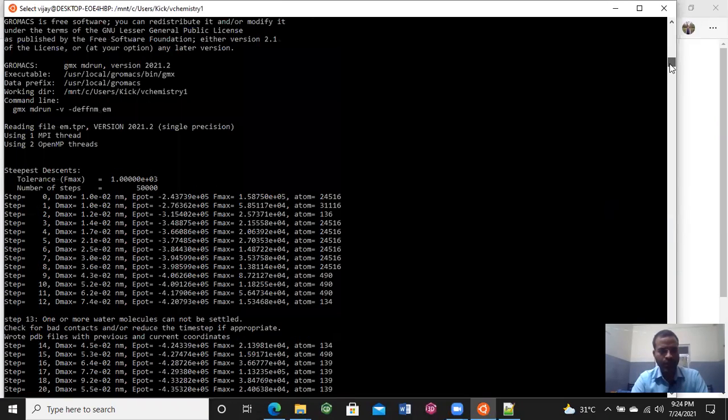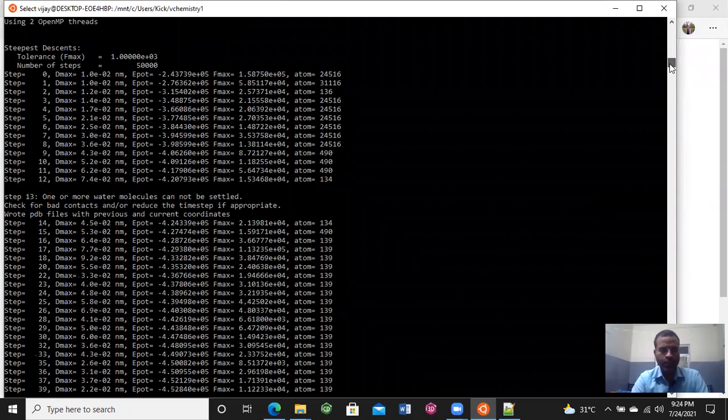But one thing I want to show, that at step 13, if you see, one or more water molecules cannot be settled. For the bad contact and reduced time step, if appreciable, wrote PDB file with previous or current coordinates.